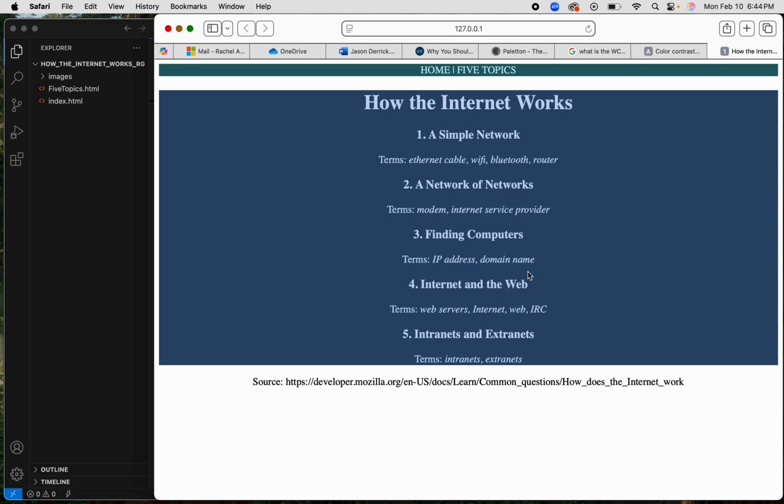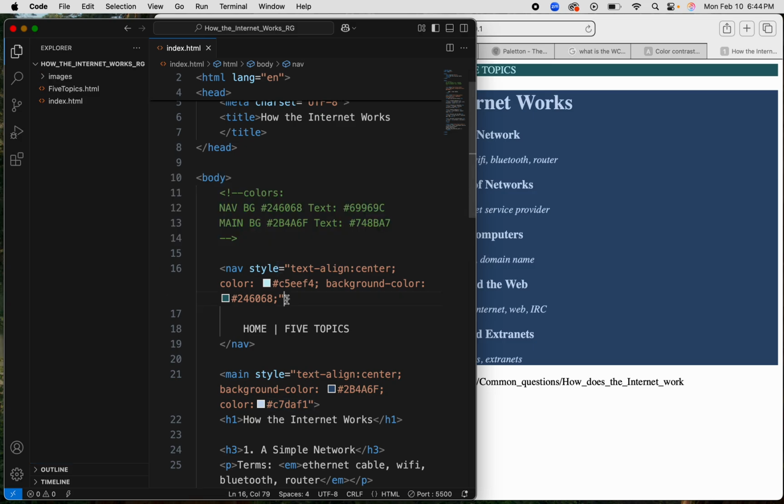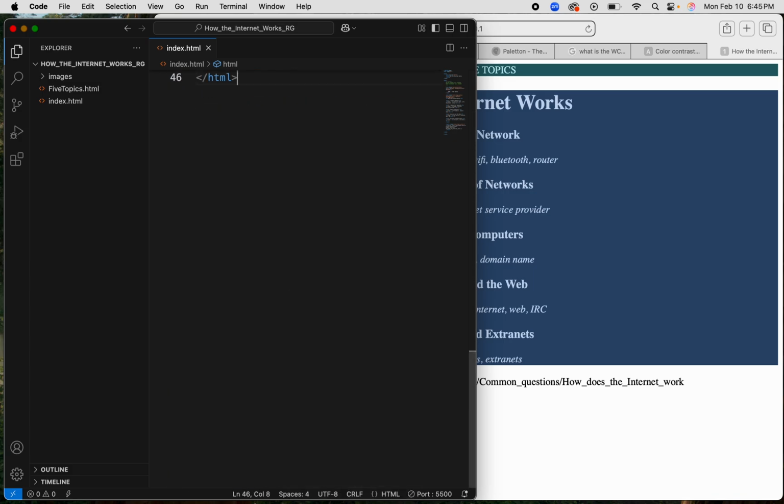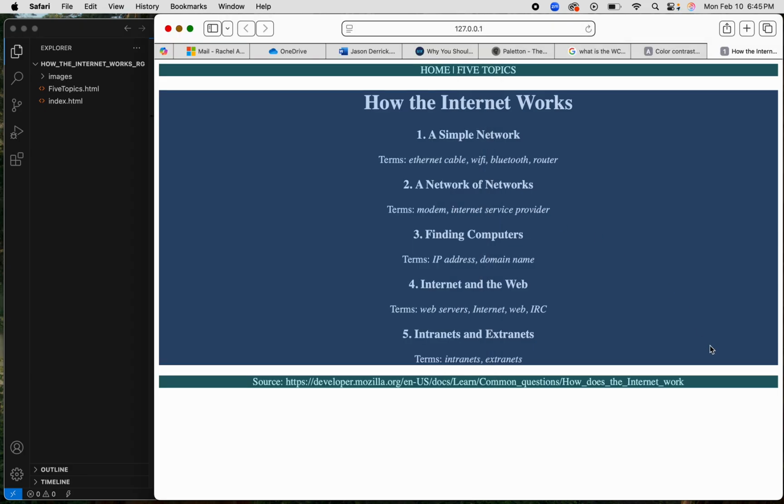And I think it's pretty good. Let's make the footer the same as the header so that we can have some unity. And the same as the nav, I'm sorry. Save. Now the only thing that bothers me here is this little gap in between, which looks to me like